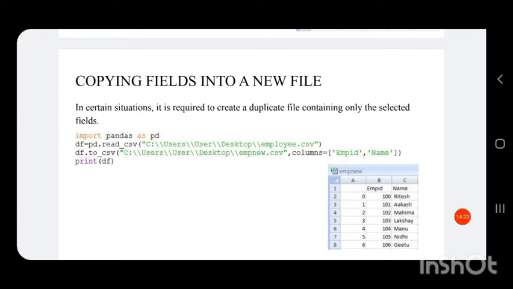That is, while we are copying the contents from one CSV file to another CSV file, suppose we don't need all the columns, we need only some of them.